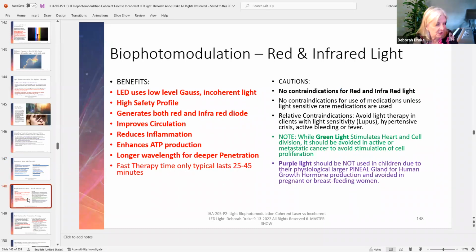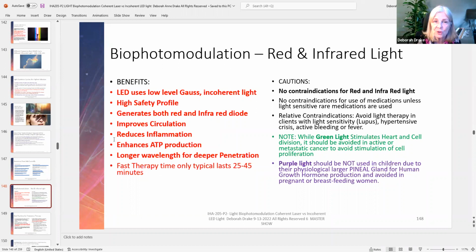Now, can we switch gears? I know there's a lot to cover, but I do know that we've got 15 minutes left. So let's make sure that before we go down the rabbit hole of what kind of light therapy, you know what the different kinds of lights are and how they work, so you'll know the cautions and which ones can burn or which ones don't burn. Okay, so lasers can burn, LEDs don't burn. Memorize that. Lasers can burn, LEDs cannot burn. I want to show you why and how.